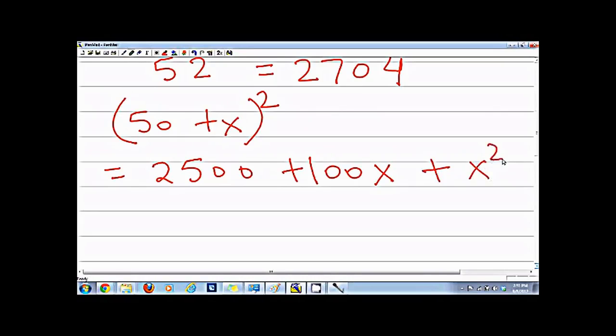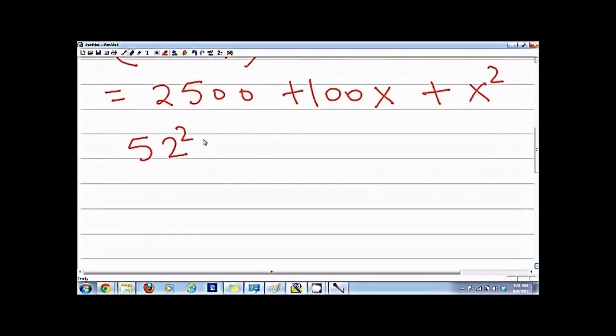So you can see that if I'm taking the square of 52, then x in this case